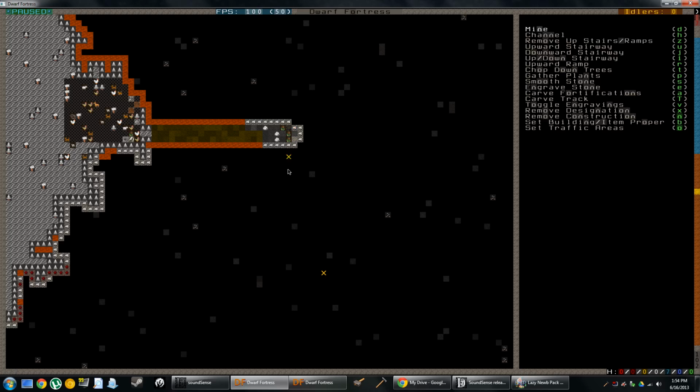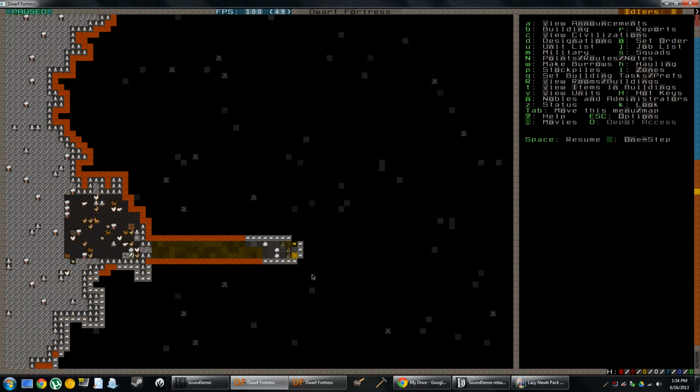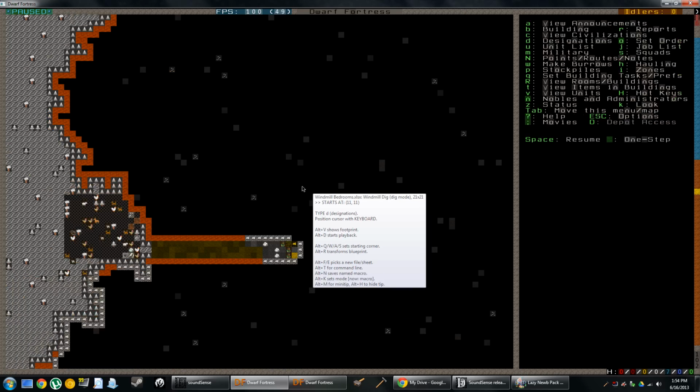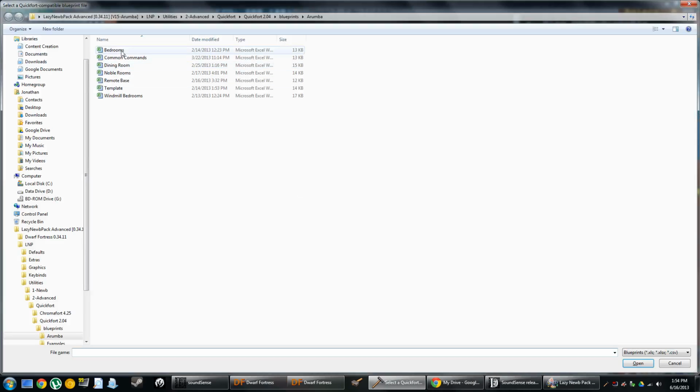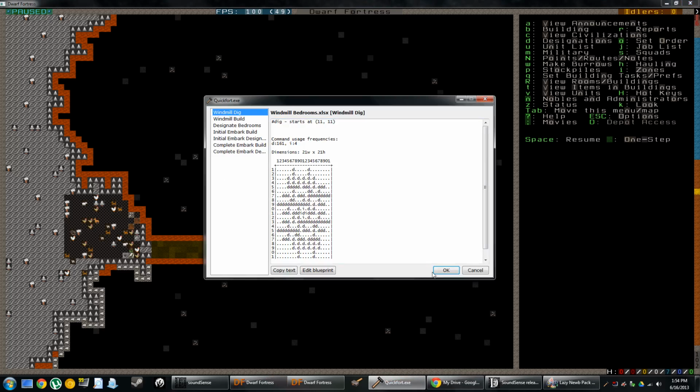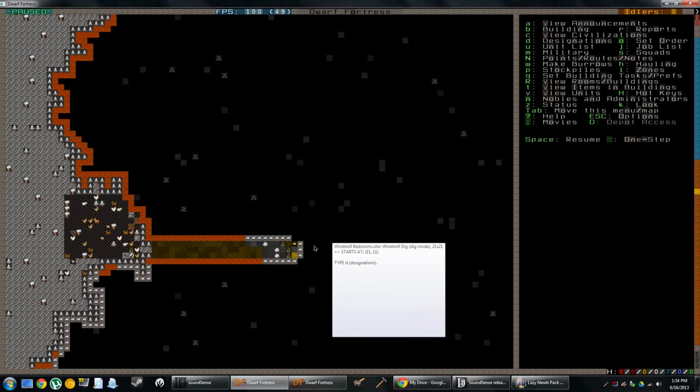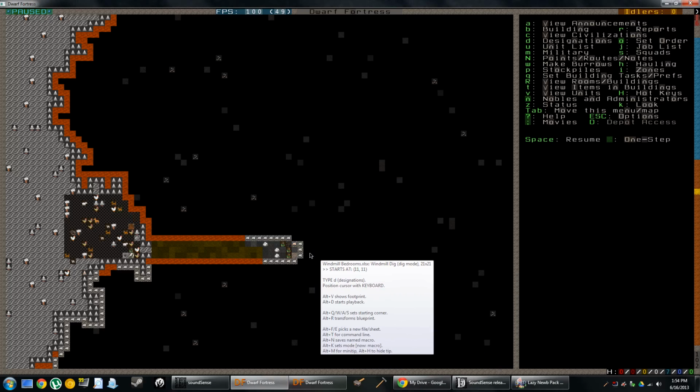Now I can go to Quick Fort. And let's press Alt-H to bring up that tooltip again. And Alt-F to pick our file. I want to do windmill bedrooms. We'll select windmill dig. And now I'm going to tell it, okay, here's where I want you to actually dig